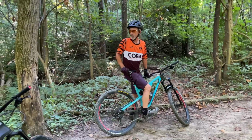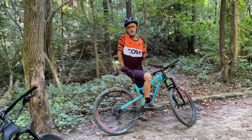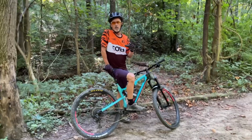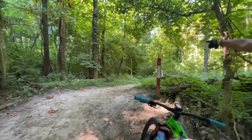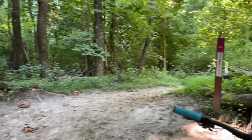Yeah, we just came up a nice big S-berm. We're at an intersection where there's an emergency access trail. This could get a little confusing. So the city put in some white markers with little yellow blazes on them. If they need to get up here for any cases of emergency, they have a nice way in through a neighborhood over there. We're also at a point where, kind of behind me, is where the Civil War battery is,